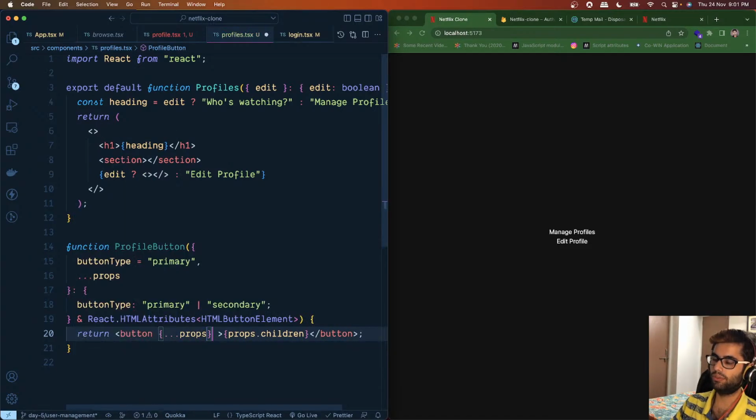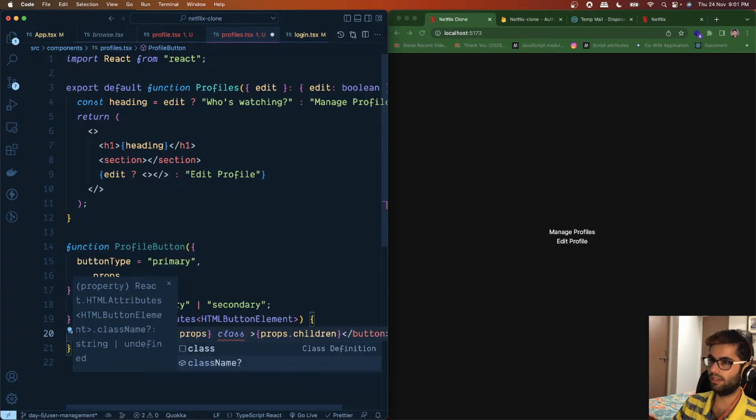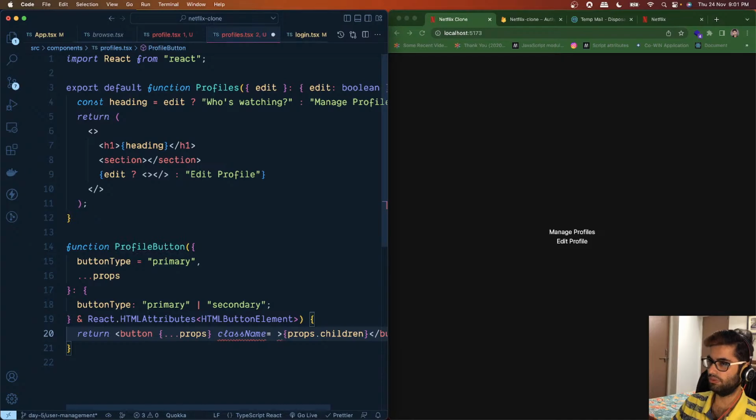So we'll just spread those properties, and we'll give it a class which is like this. So by default we want to give it a